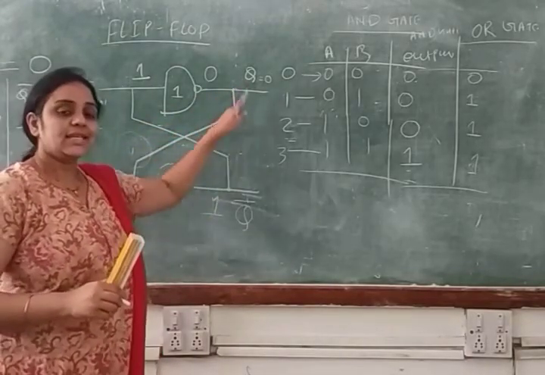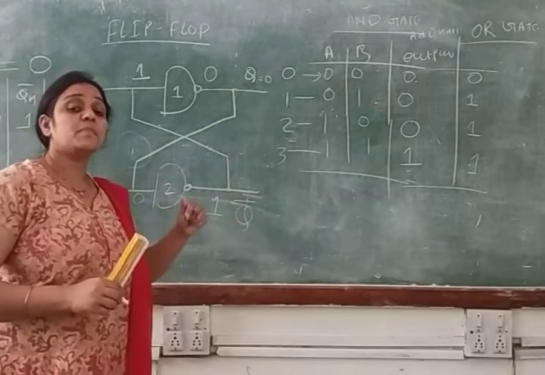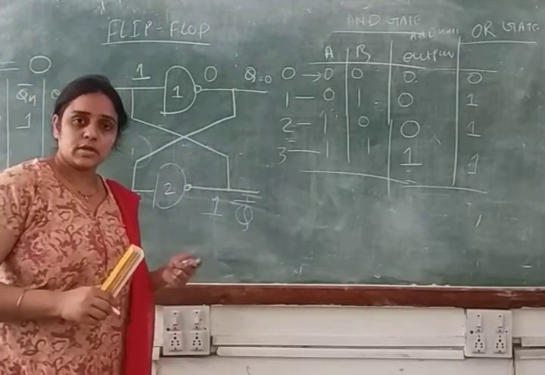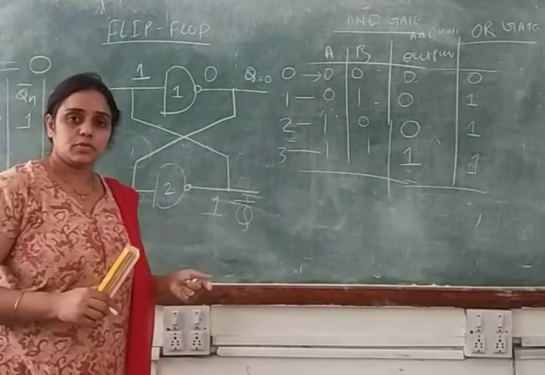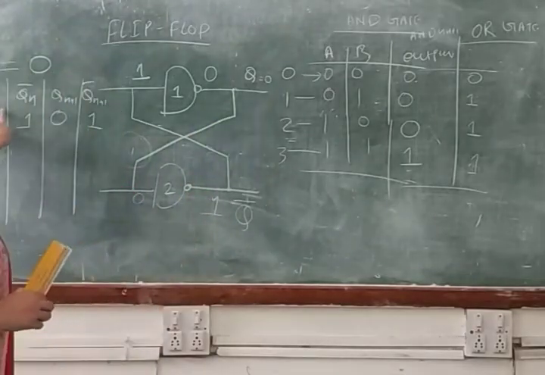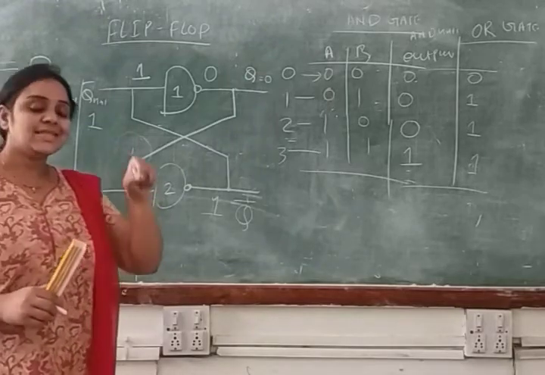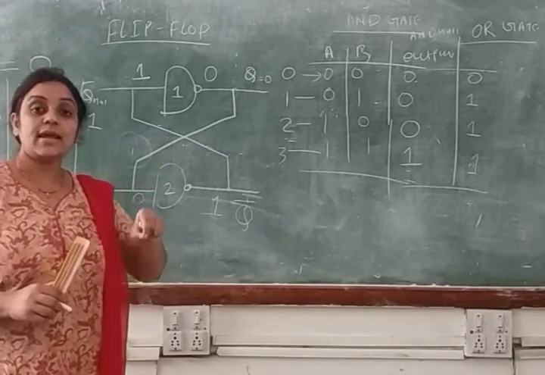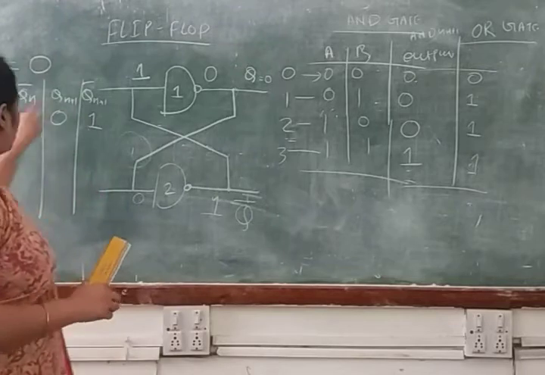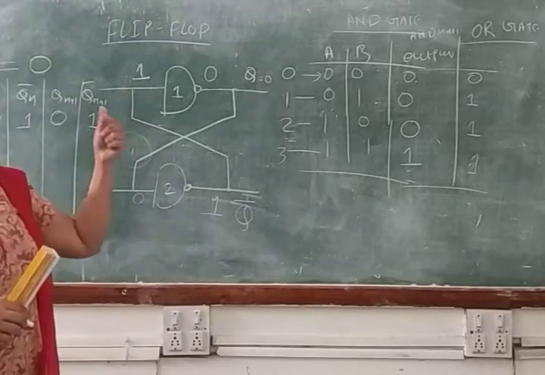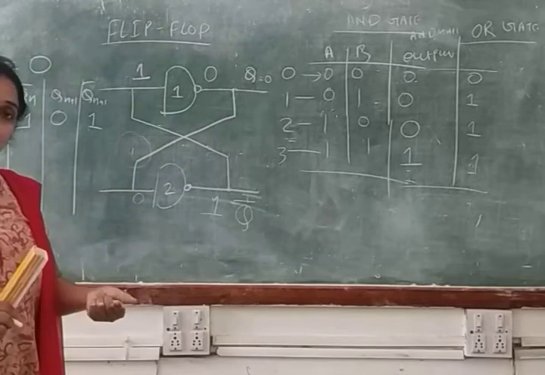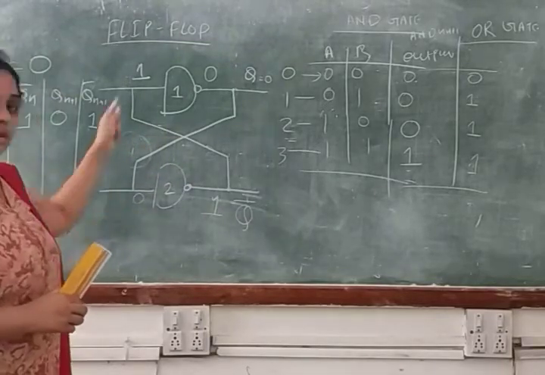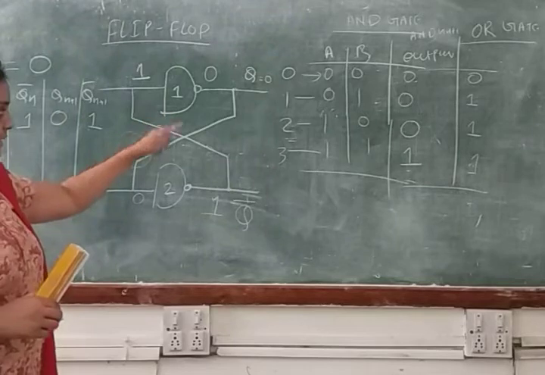So basically these Qn represent your present state input. These are your previous output, but we are using as a present state input. So that's why we are writing as a Qn. Qn means at this instant, at this time. Okay. So we are assuming if your previous output is 0, then what will be your next output after solving the structure or after solving this diagram or circuit.